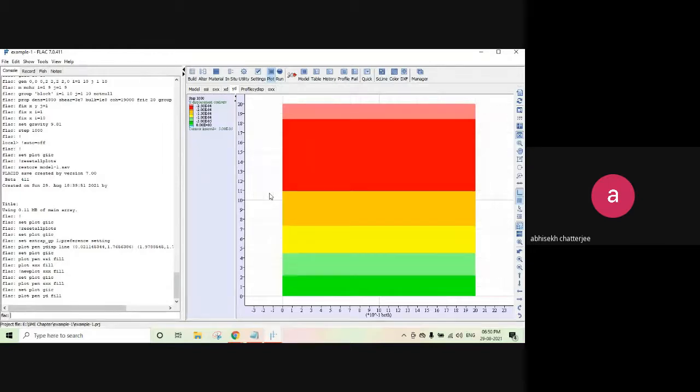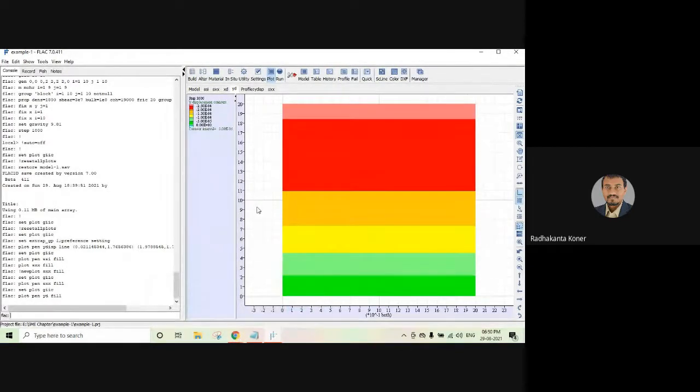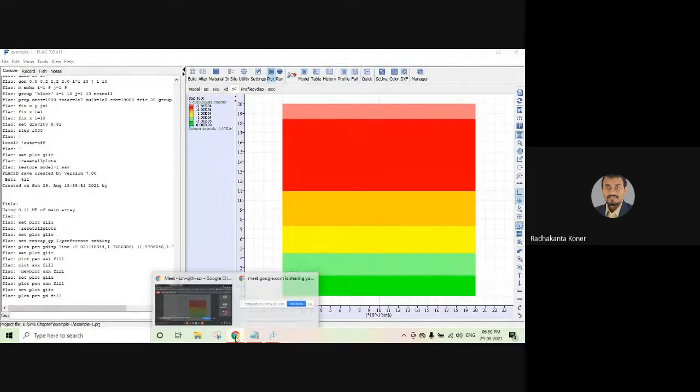Okay, sir. Is it clear? Yes, sir. Okay. Now I will go to the next question that has come on the chat box. Sikandar Kumar asks: applying velocity and density plus gravity, are both required, or can we only apply density and gravity? So Sikandar, can you explain in your own terms what you mean by that?